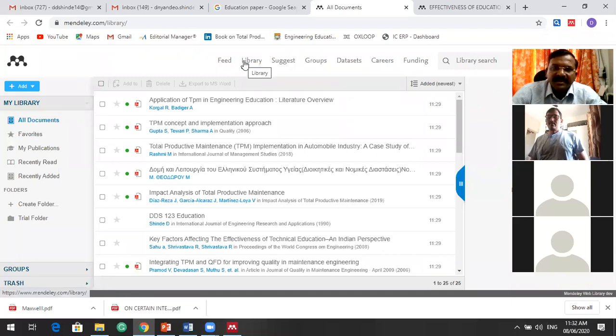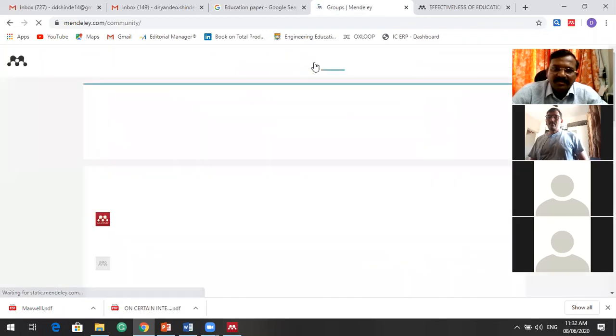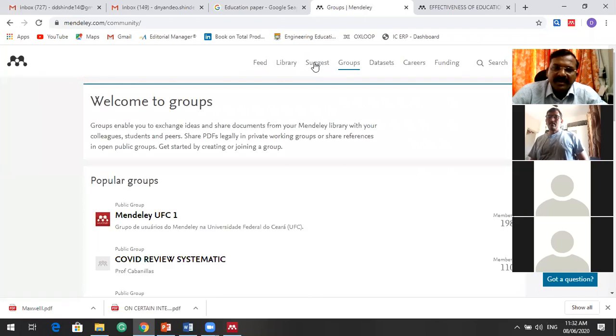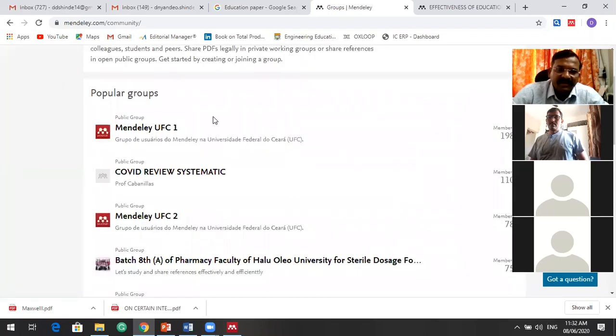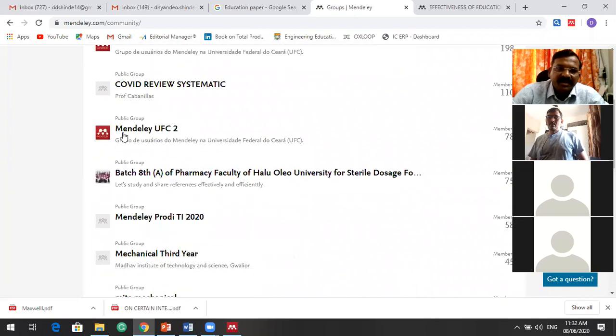Here you can see the library, which you had maintained. Then you can see groups. When you are adding the web add-in, here you can see the groups. Now you can see the groups which are available on Mendeley. There is a Mendeley UFC group, with 198 members.